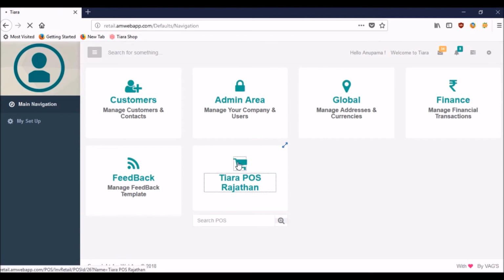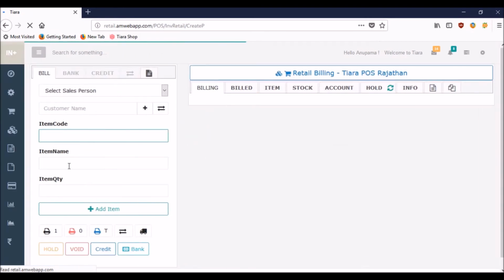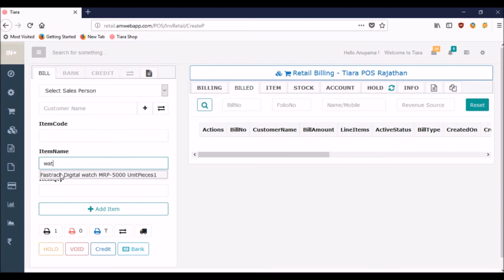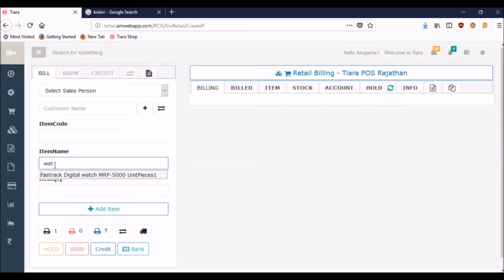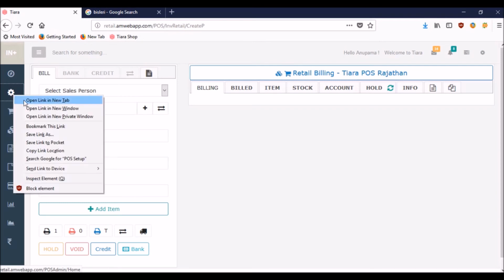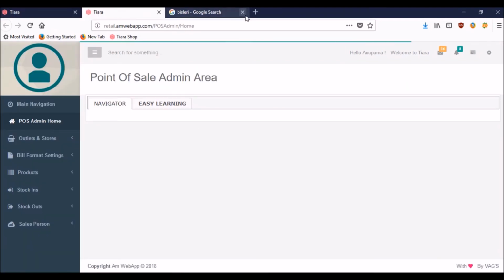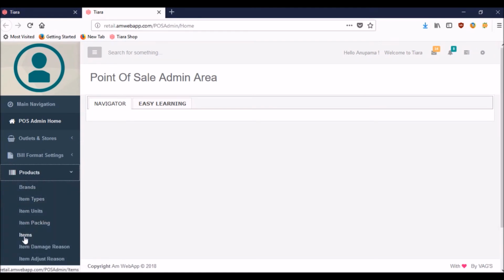So I'm clicking on this and now I want to cut a bill for a watch, and here you can see Fastrack digital watch is highlighting now. But I want to sell the same watch at a different price, so I'm going to click on this setting button and I'm opening a new tab here. And here again I'm creating one item